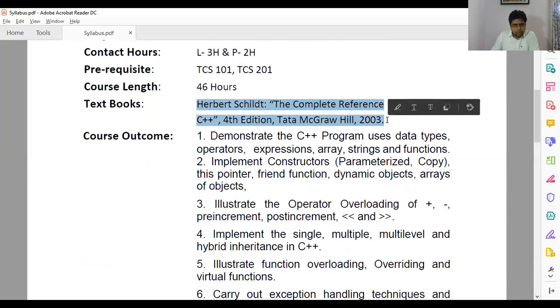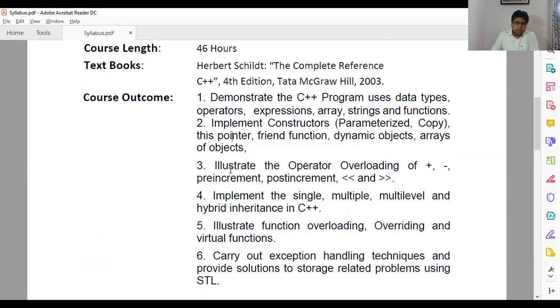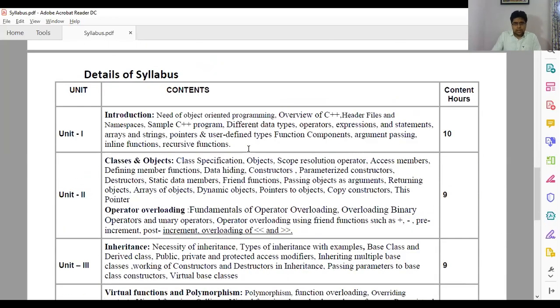You can download it over the internet. Even the fourth edition is now available on the internet free of cost. Earlier there was a problem with this, but now you can download this PDF, or if you like to read paper books, you can order from e-commerce platforms. Let's look at the course outcome by each unit, what you are going to learn and what kind of skills you are going to enhance. But I'll give you a glimpse, not in detail, of what we are going to discuss in this semester.